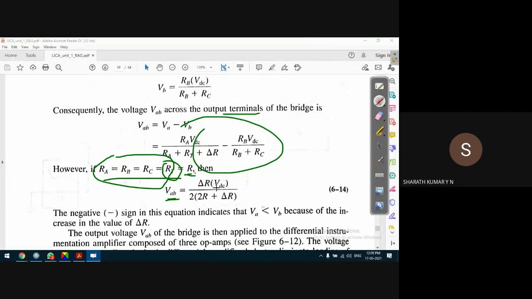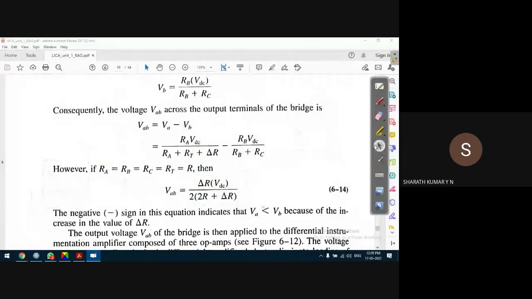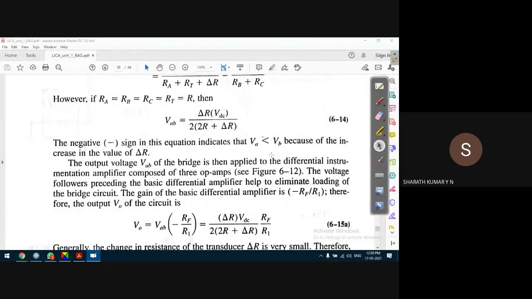Okay. In this case, R, VDC, and the denominator are all constant values. But as the temperature changes, this delta R changes. So VAB is proportional to delta R, and that's going to be measured by the instrumentation amplifier. The negative sign in this equation, of course not printed here, indicates that VA is less than VB because of the increase in the value of delta R. So the output voltage VAB of the bridge is then applied to the